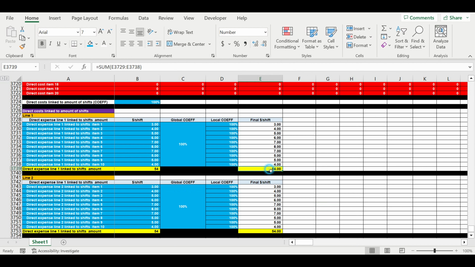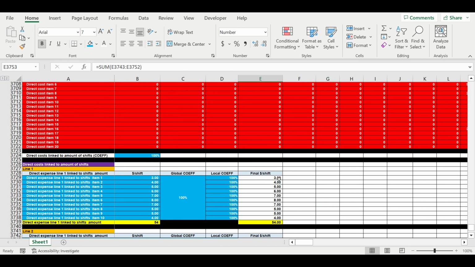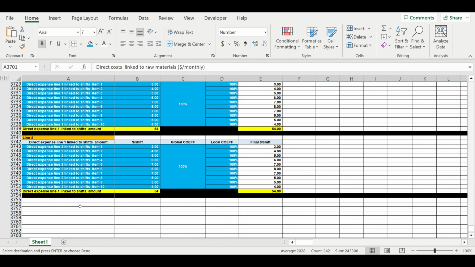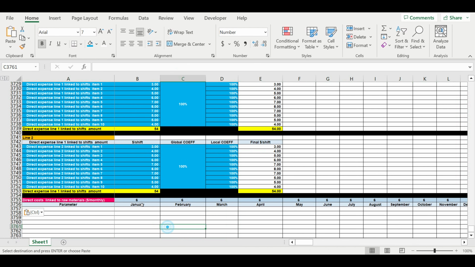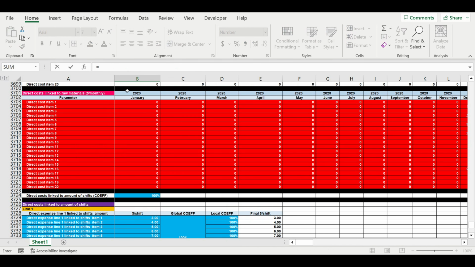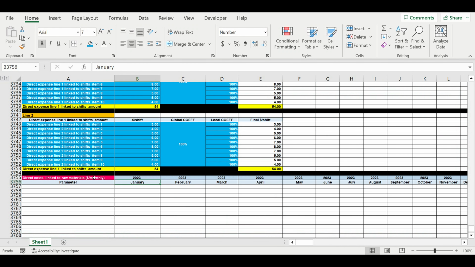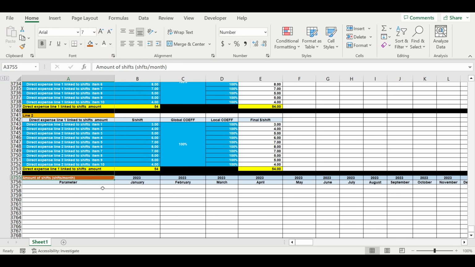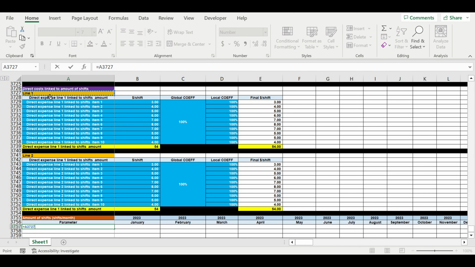So from these two tables we need just this value and this value. Now we need to calculate the amount of shifts. Let me copy and create a new table. So this will be the amount of shifts. So this will be the amount of shifts for line 1, for line 2,